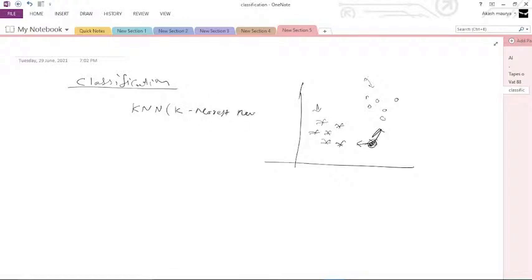K nearest neighbor. And then we have SVM, that stands for support vector machine. So to do this classification task, we have KNN, we have SVM, we have naive Bayes, that is basically dependent on probability theory. You might have read this Bayes theorem. Okay, so this is actually based on Bayes theorem. We have naive Bayes,